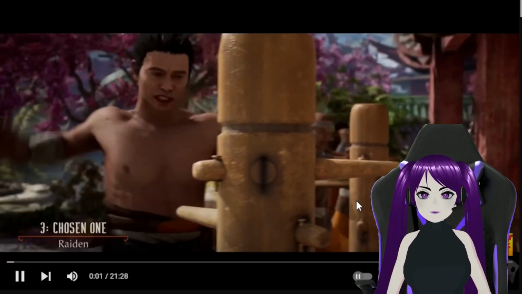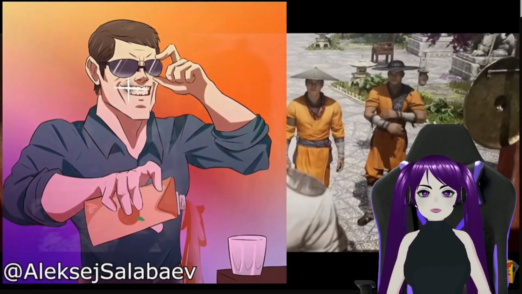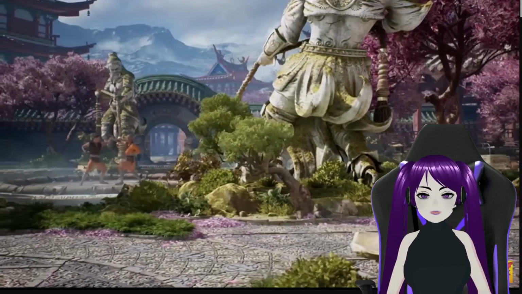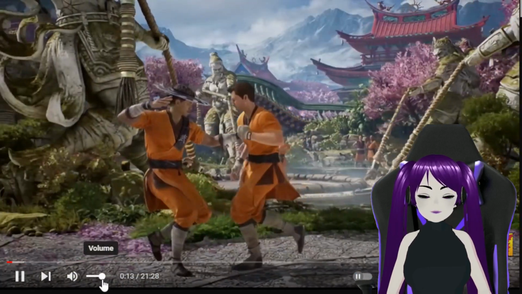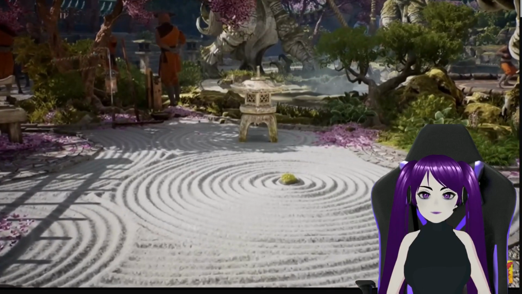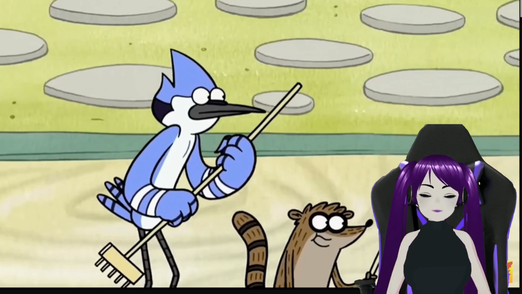Chapter 3, Raiden. We head to the Wuxi Academy, where we see our four champions, who have been training for months. The Wuxi Academy is the first returning stage out of the four we see in the story mode. If you walk all the way to the left of the stage, you can see a nice sand garden, and you can totally ruin it. Breaking that sand took...